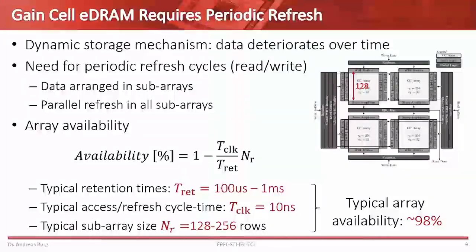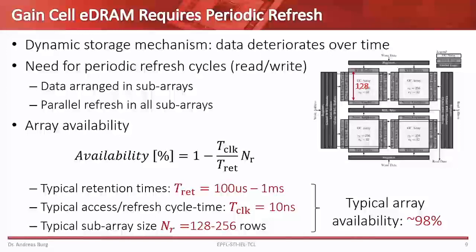So if we want to figure out what is the availability, because that's what matters to us, right? We want our memory to still be available, even though we need to insert or inject some refresh cycles. We need to figure out what the cycles is in terms of percentage that is covered by refresh. Well, in our case, I said we have a read and a write port that we can exercise in parallel. That means that the refresh can be done in a single cycle if we overlap read and write cycles, read and rewrite cycles basically